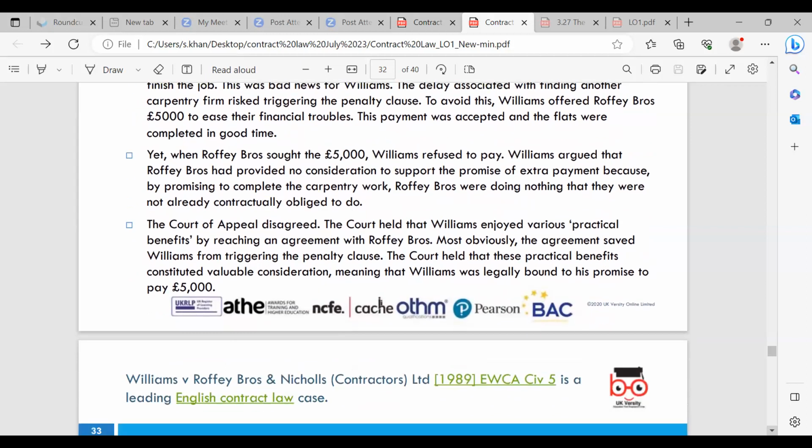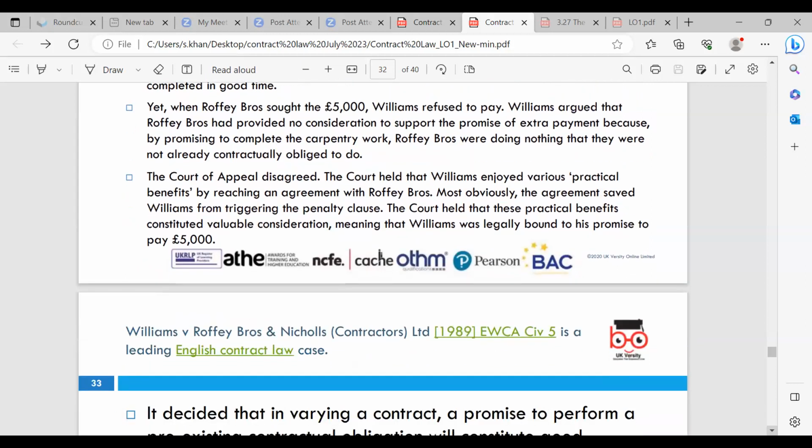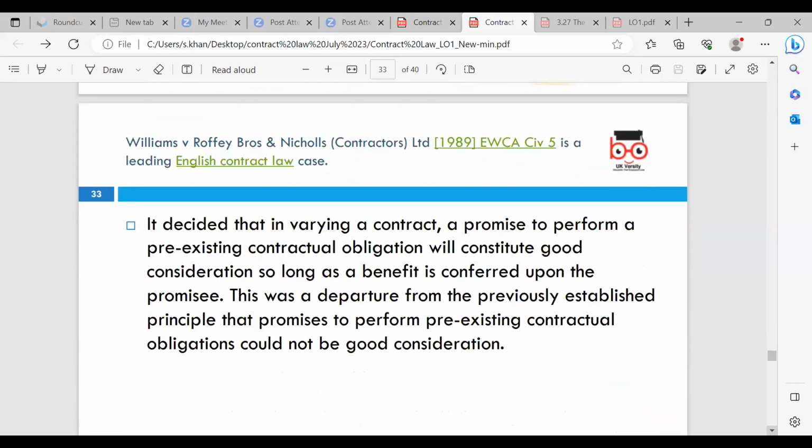The Court of Appeal disagreed, and the court held that Williams enjoyed various practical benefits by reaching an agreement with Roffey Brothers. Most obviously, the agreement saved Williams from triggering the penalty clause. The court held that these practical benefits constituted valuable consideration, meaning that Williams was legally bound to his promise to pay the £5,000. Williams v Roffey Brothers